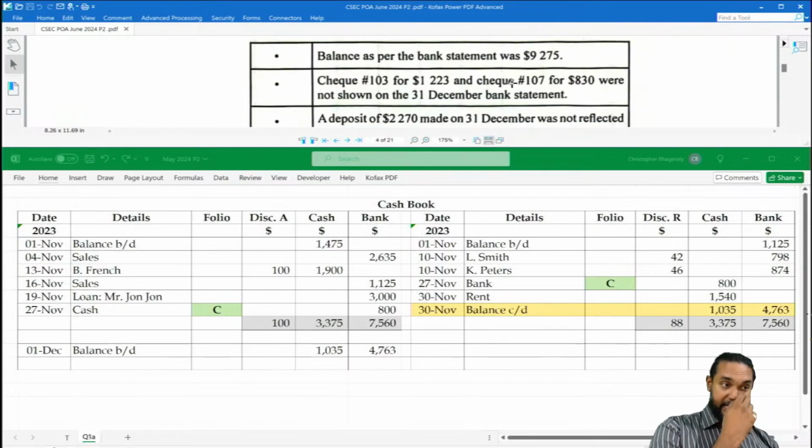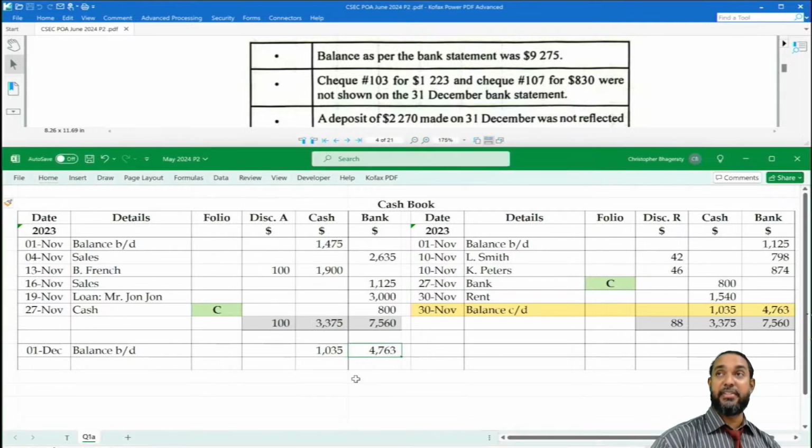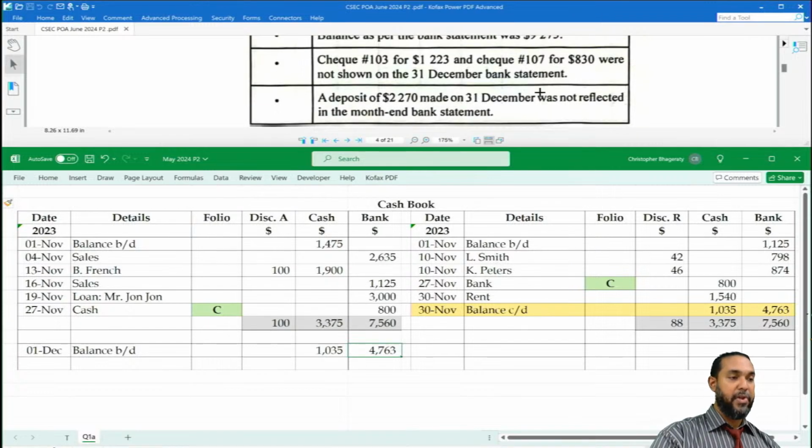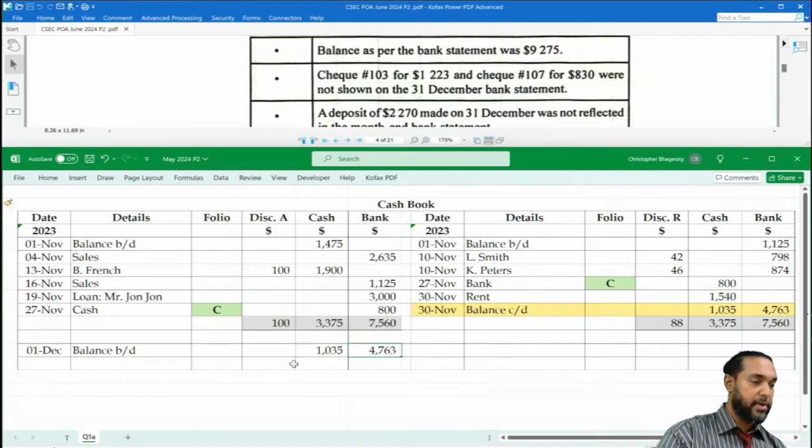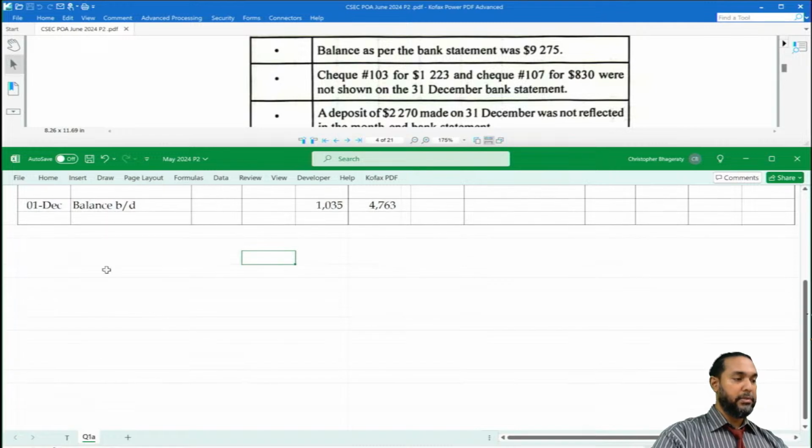So the balance in the bank statement was 9275. Our cash book balance for the bank is 4763. So clearly those two things are not in agreement, right? They're about $4,500 off. So how do we fix that? To be honest, I'm not sure this is gonna tie back, but let's just do it real quick. So you all have space on the paper to do it, right? Okay. So the bank rec